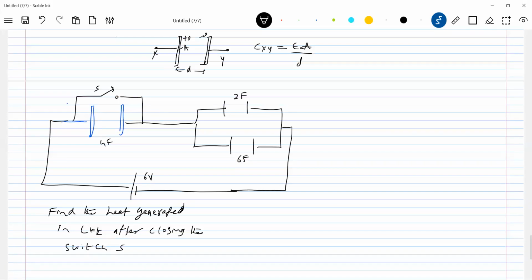Negative. Then what is the potential difference? Vxy equal to Q by C, that one, or C equal to Q by Vxy. It is having some potential difference. Now what I do is I will join these two plates by a wire, any conducting wire,